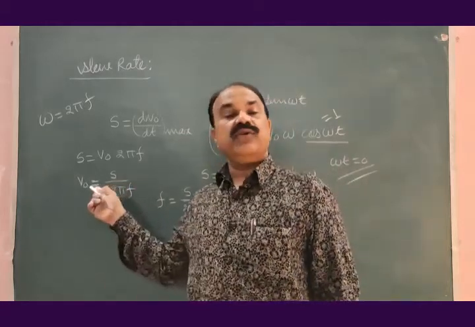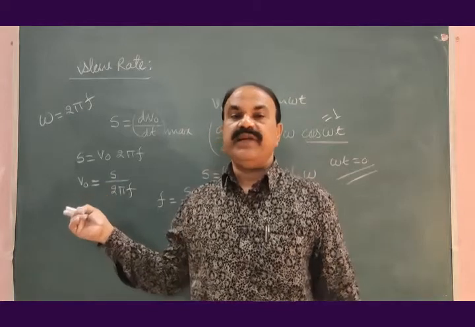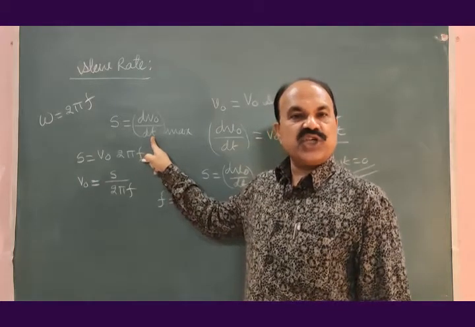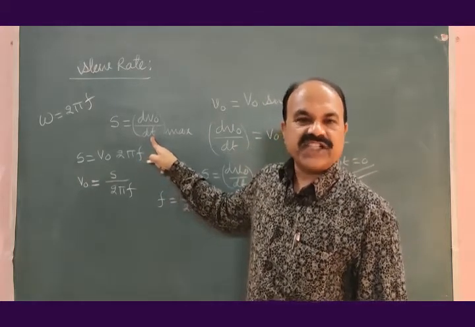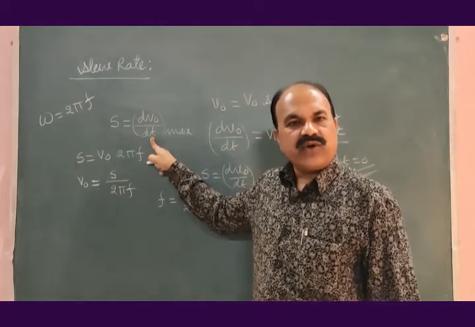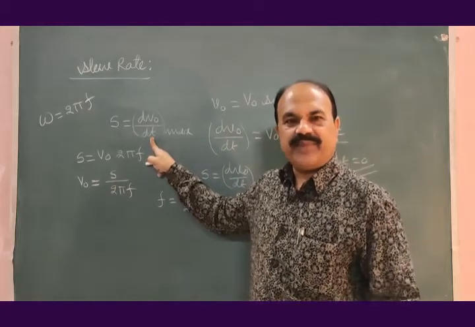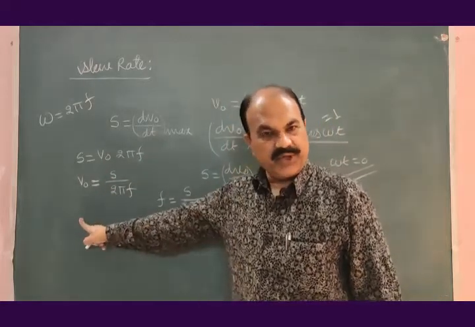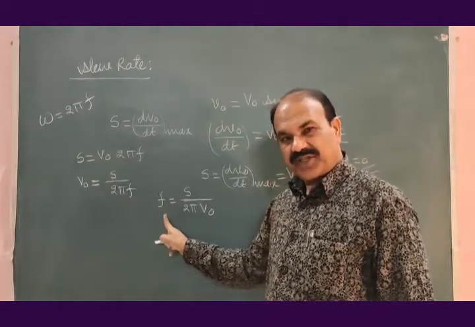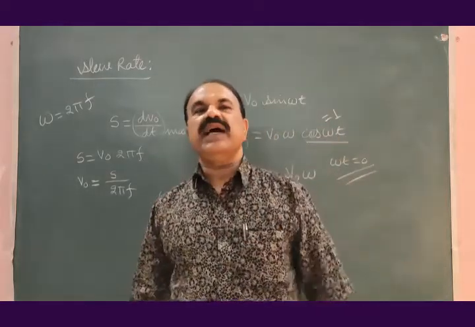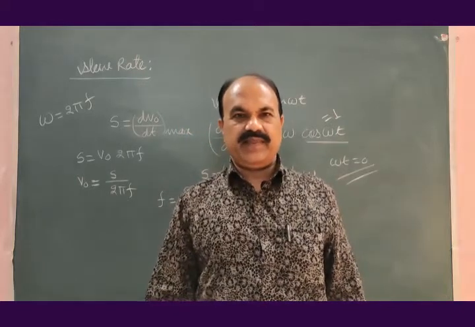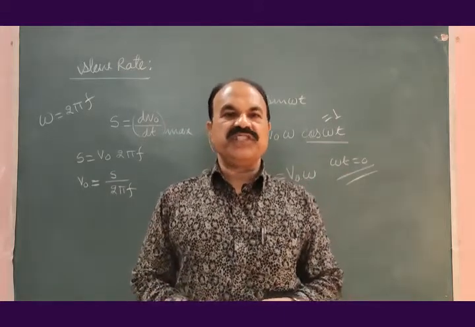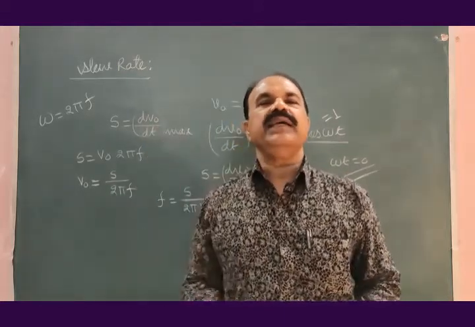Practically, slew rate could not be infinity. Ideally, it may be taken as infinity. Practically, it is not infinity because this time dt is not zero. It is finite time, maybe in milli or microsecond. Because of this, either the amplitude of output voltage or the frequency of operation f, one of these two has to be sacrificed. Then only we will get the undistorted output voltage. Output voltage will be a perfect replica of the input voltage.